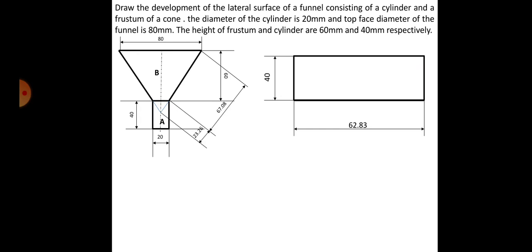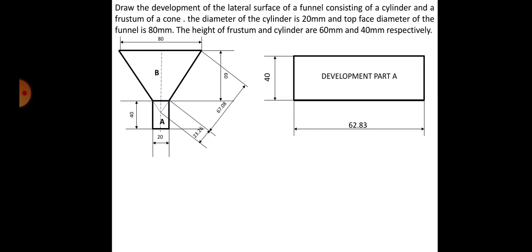So that completes the development of the cylinder. Very simple. Development of part A is over, but now separately, down somewhere, you have to do the development of B, the cone, and frustum of a cone. Half portion is cut, isn't it? So now we have to go there. So this was a part of the parallel line method, isn't it? You've just simply drawn the length and width of that, but now we have to do the cone.